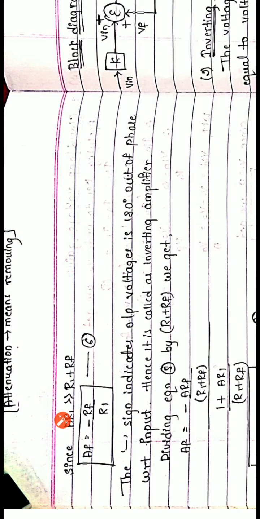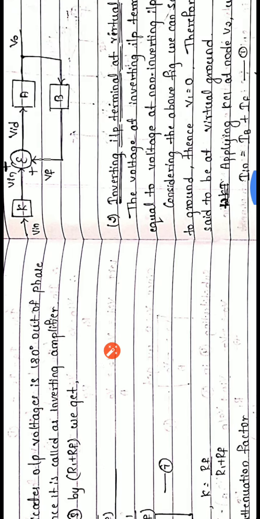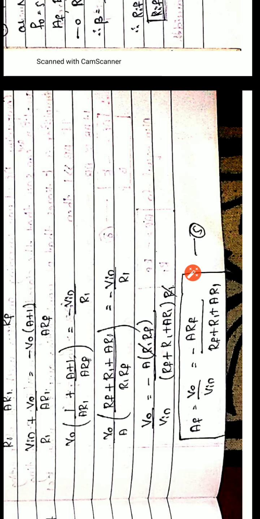Another important point, we can represent this equation in terms of A and beta also. That can be done using this expression. You have to divide equation five by R1 plus RF. This equation five needs to be divided by R1 plus RF. If I divide this by R1 plus RF, the numerator becomes ARF divided by R1 plus RF. The RF plus R1 gets cancelled, and the denominator becomes 1 plus AR1 divided by R1 plus RF.